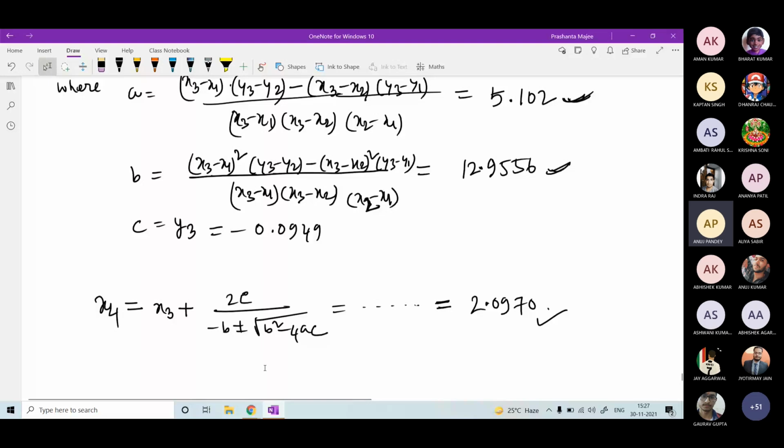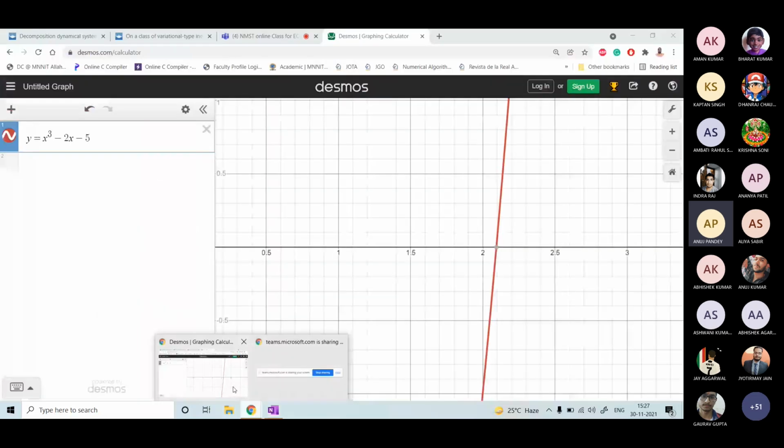This is how Muller's method works. Now the convergence of this method is not discussed. It is a bit complicated if you want to derive the order of convergence of this method. The derivation is not included in the syllabus, but it converges almost quadratically towards the root. So its order of convergence is almost similar to that of the Newton-Raphson method. But the derivation is not included in the syllabus.